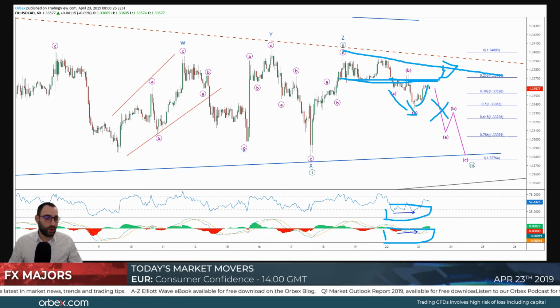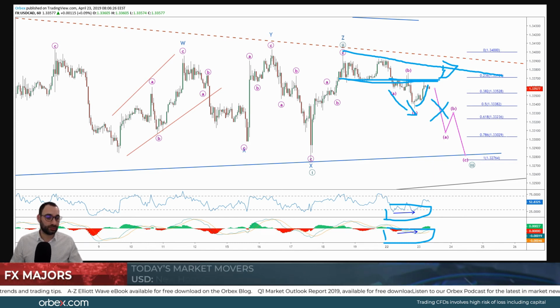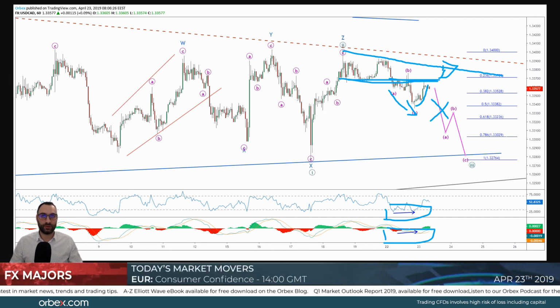Keep an eye on dollar CAD and euro dollar for the day, and don't forget the markets are back today. There is no bank holiday. London is going to be open, Euro is going to be open, Australian markets, Japanese markets. So I'm expecting a lot of liquidity to come back in, and currency pairs are most likely going to move with a little bit more directional bias for the day.